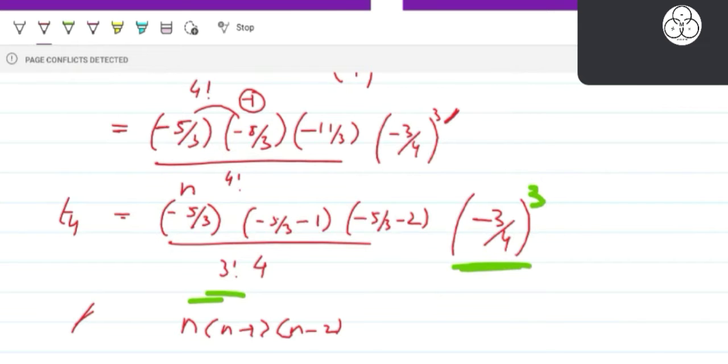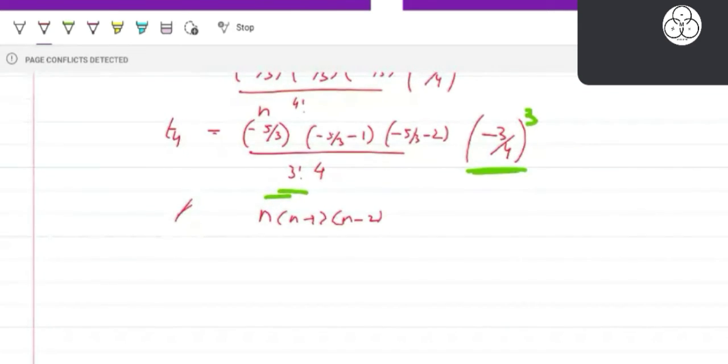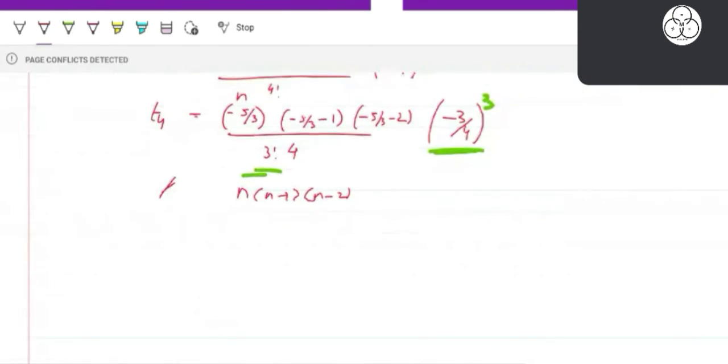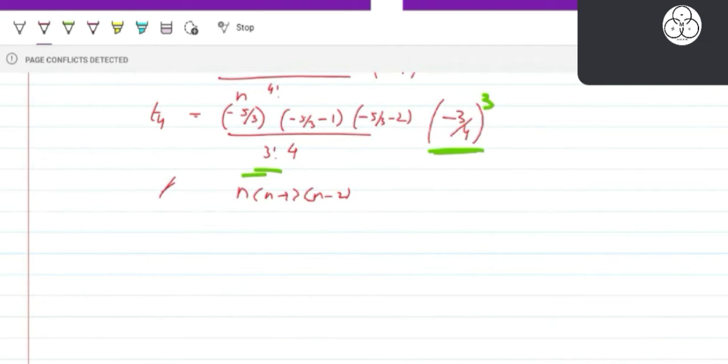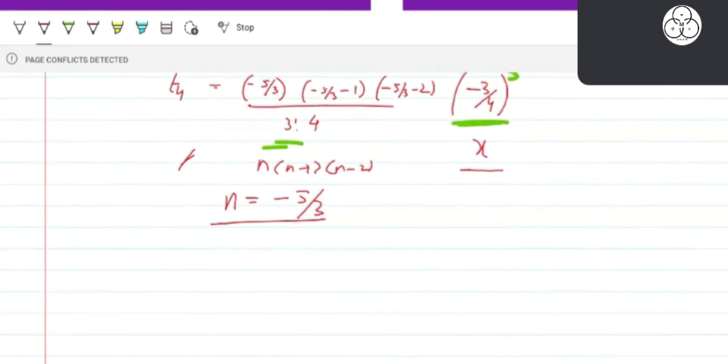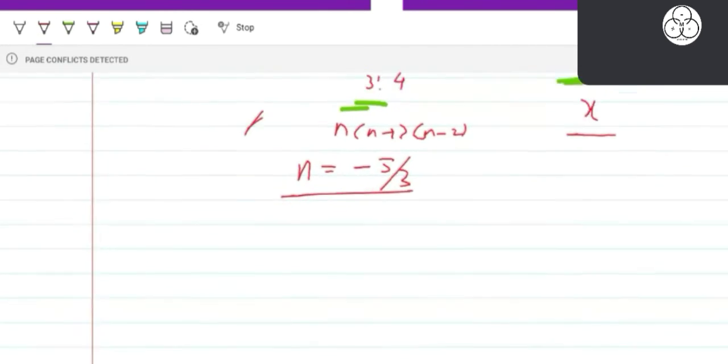Apart from a small difference. What is the small difference? Can we observe it? So here, what considerations are we making? This is x, right? And the value of n is minus 5 by 3. So apart from these small considerations, the expansion,